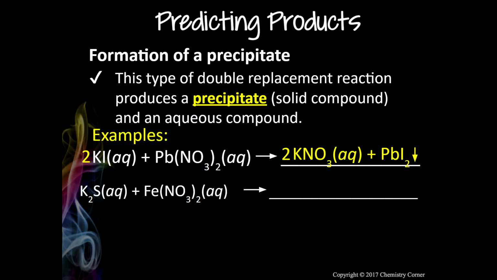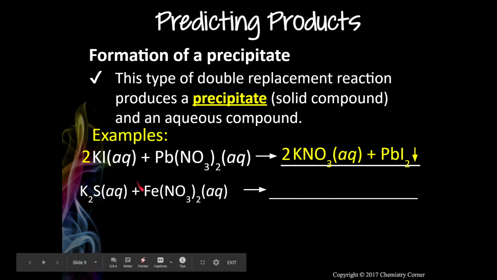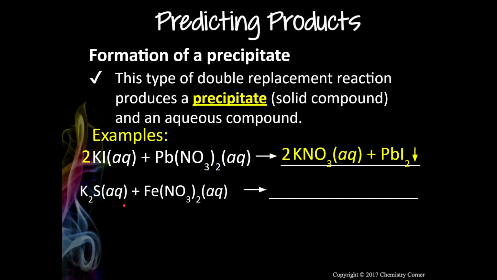And so sodium is a group 1 ion, potassium. Why do I keep wanting to call that sodium? I don't know. So potassium sulfide is soluble because it's a group 1 ion. Iron nitrate is soluble because it's a nitrate, and so both of those will be soluble. Then we need to look and see, okay, if we make the double switch, will one of those become a precipitate? And when I look, I can see that